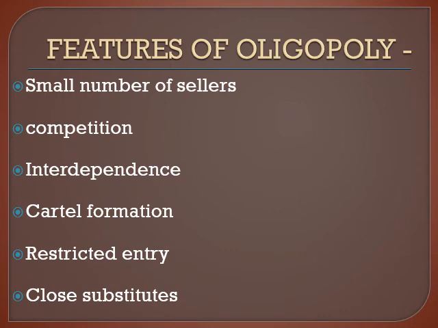It's just product differentiation, but it's almost a close substitute. Even a Sunsilk shampoo is going to do exactly the same thing to the hair that a Dove shampoo does. So that is what close substitutes are. It is still going to fulfill the basic want or need of the buyer. Now you're going to watch a short video on oligopoly.